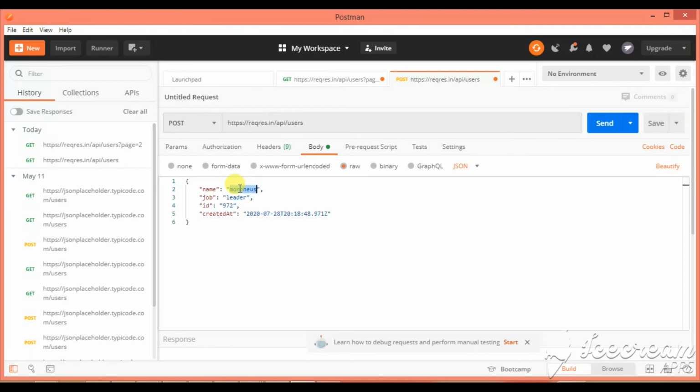Here I'll make changes. I'll say Biswajit Hame, Agile leader. Let's say ID is 212 and created at, so I'll give 29th as the current time. Now I will click on send.